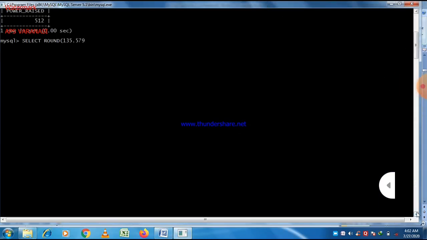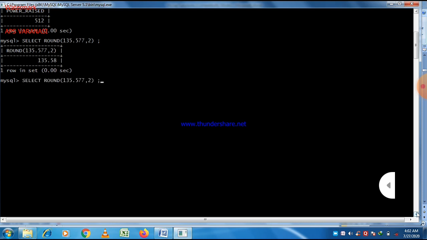You can see here if we write select round 135.577 comma 2, then after that you can write the table name dual, or it is optional, so just write a semicolon to terminate the statement.